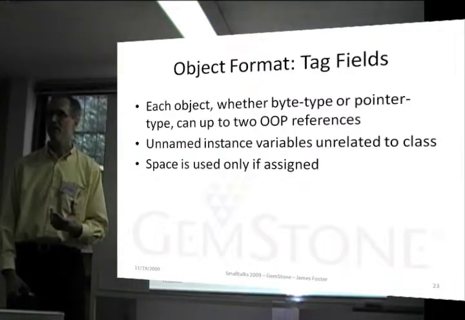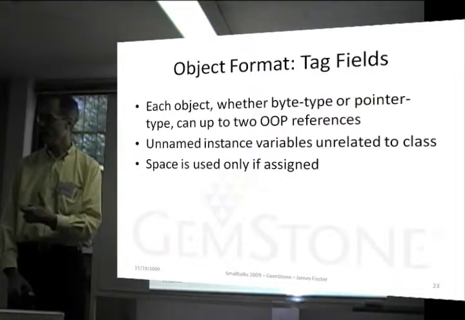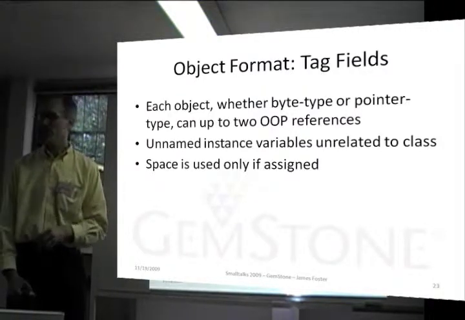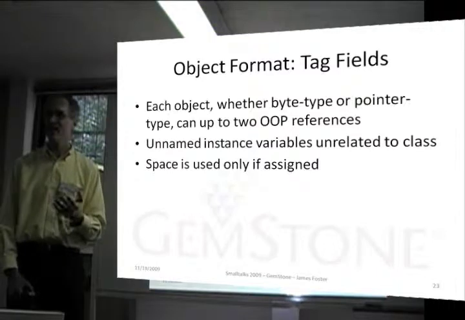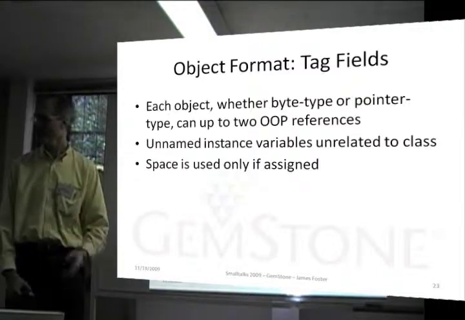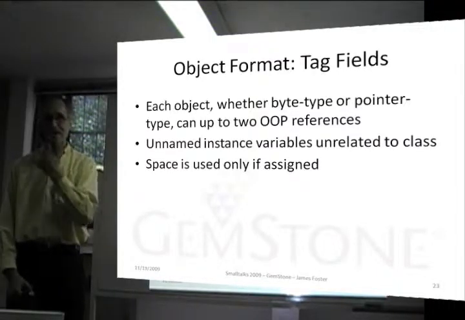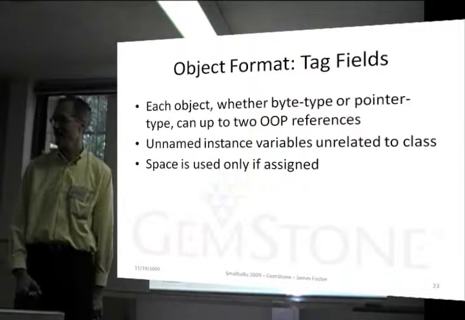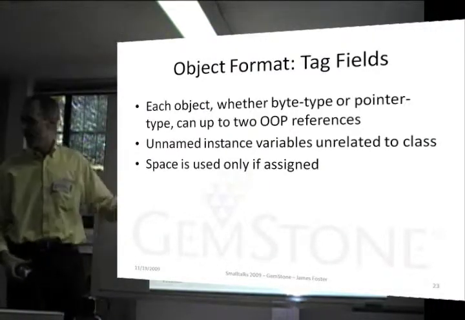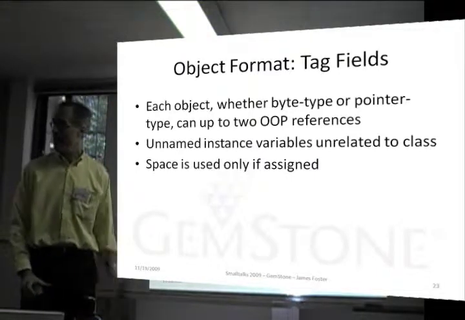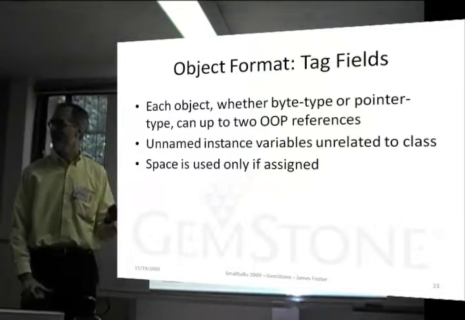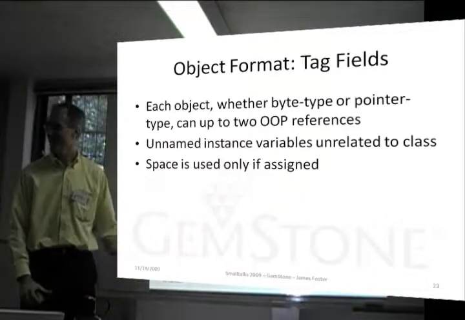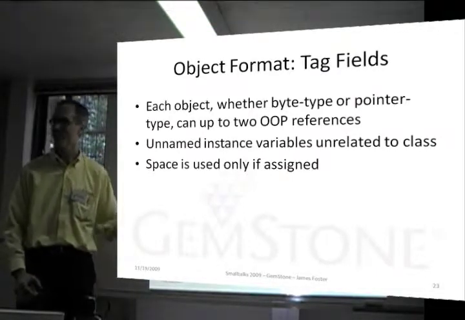You reference it by saying tagAt: 1, tagAt: 2, and tagAt:put:. So every object understands tagAt:put: and tagAt:. So it's just an object that you can throw onto something, that you can add to any object. So yeah, with the tag fields, if you wanted to add, say, a dictionary, then you could override doesNotUnderstand and look in the dictionary for keys and values or